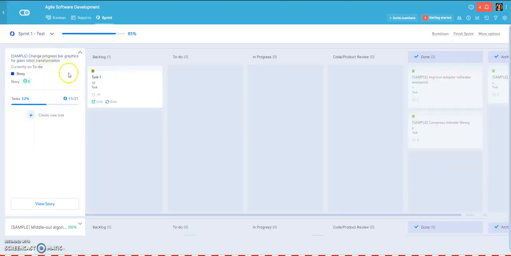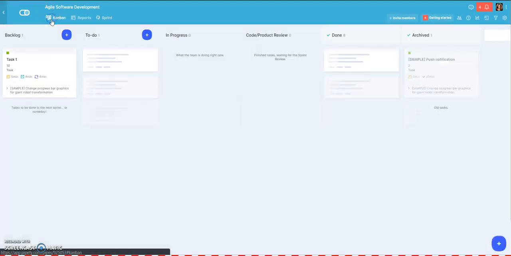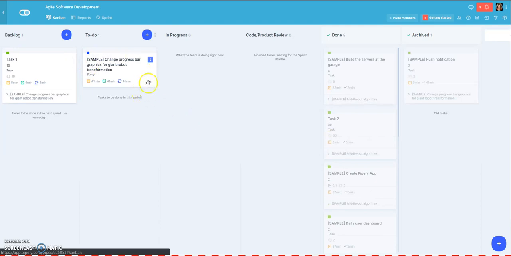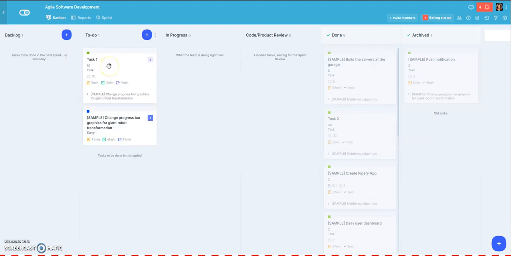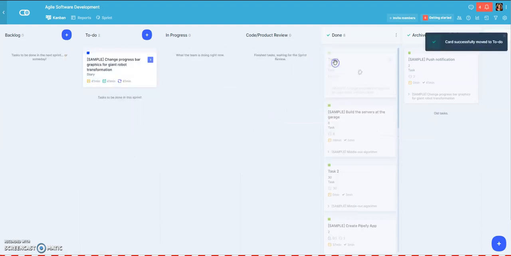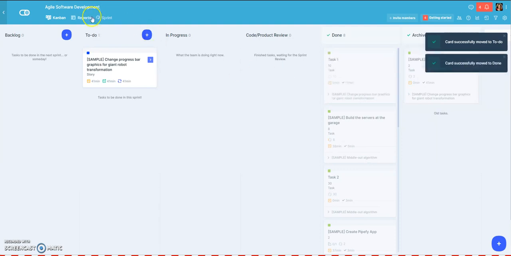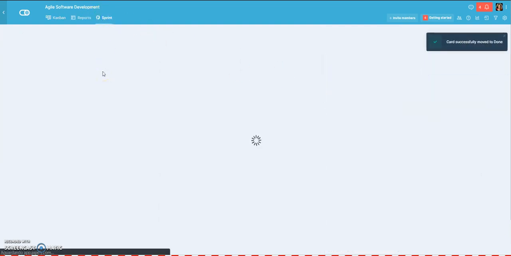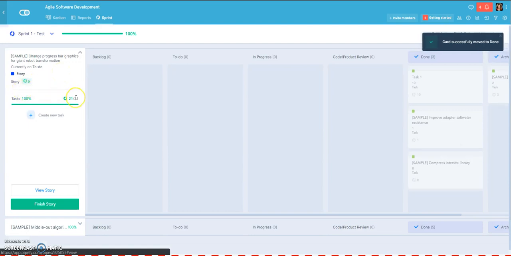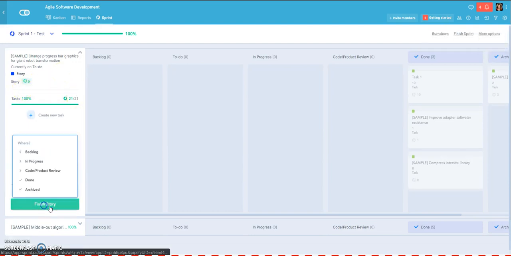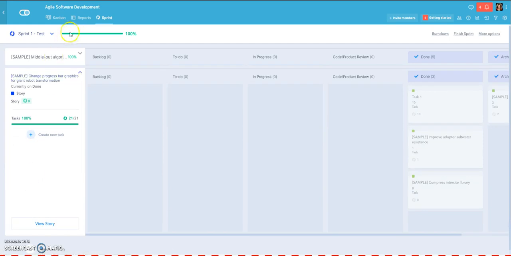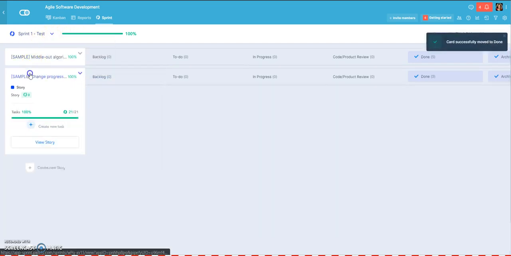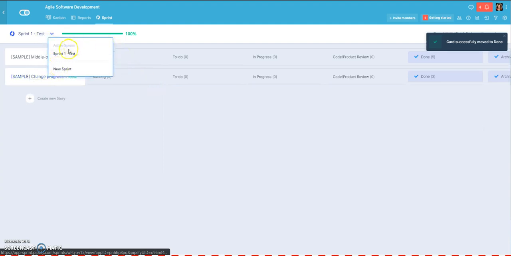Okay. And for this remaining story, if I go to the Kanban view, right now we can see that all the cards regarding that story, the story and the tasks, are already done. So if I move this last task card in the Kanban view to done, and go back to my sprint, I already have 100% of burn down. And I can finish this story moving to done. Right now, all my sprint is done. I can finish this sprint